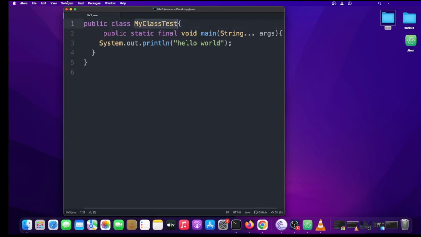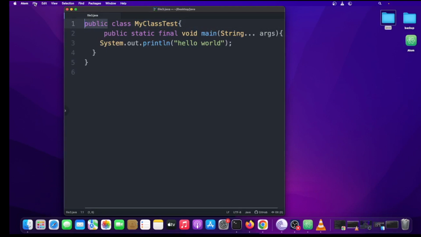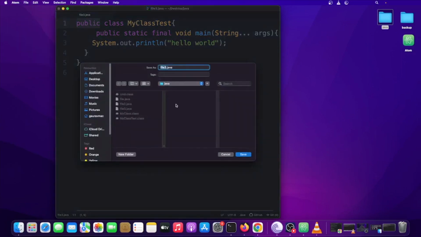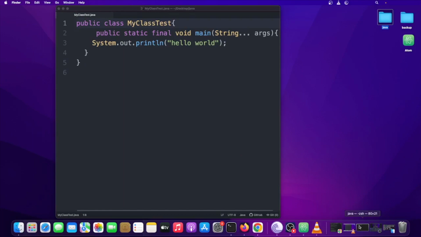What it means is that throughout our applications we have been saving this as file1, file2, file3 and so on, but if you're adding the public keyword before your class, your Java file should be saved as your class name. So I need to save it as MyClassTest. It should be capital T. Oops, MyClassTest, and if I hit save, and now if I try to run this,